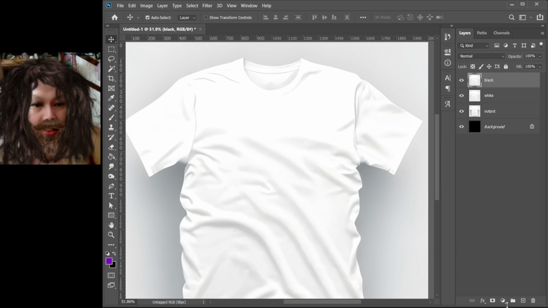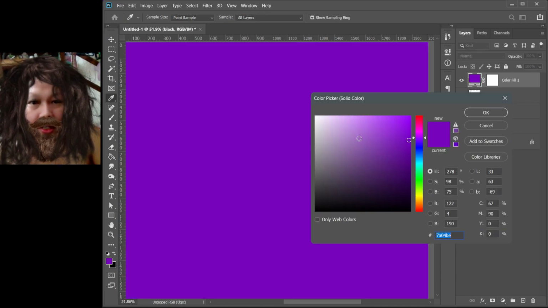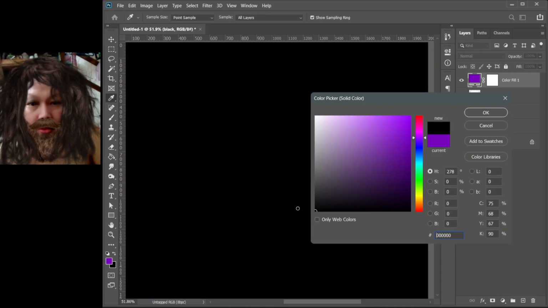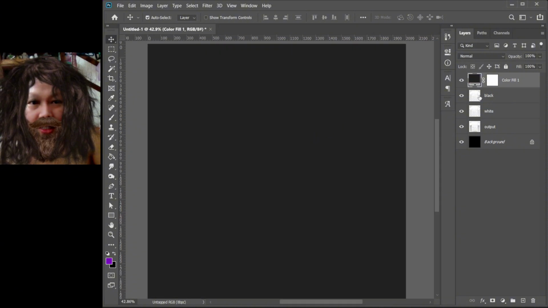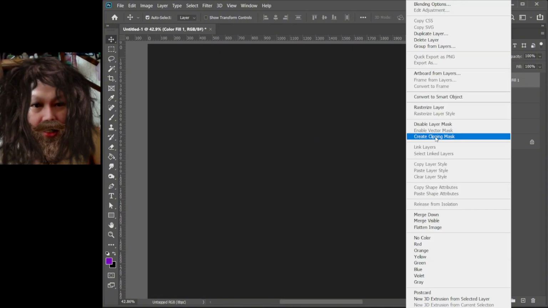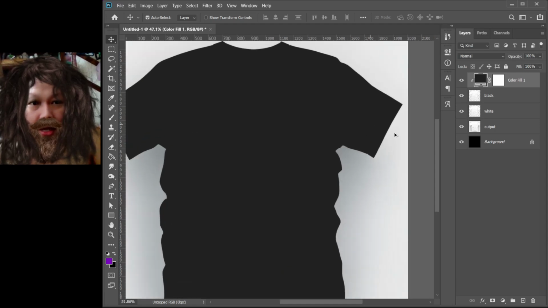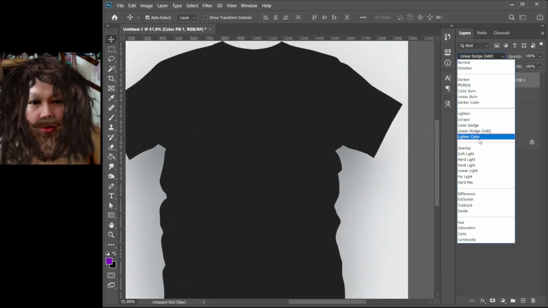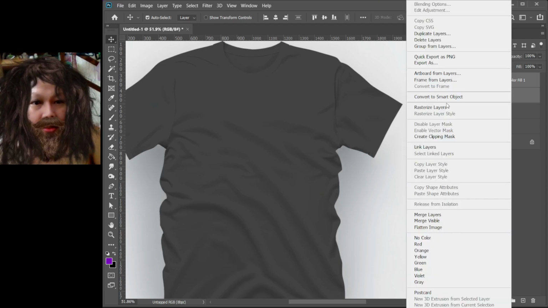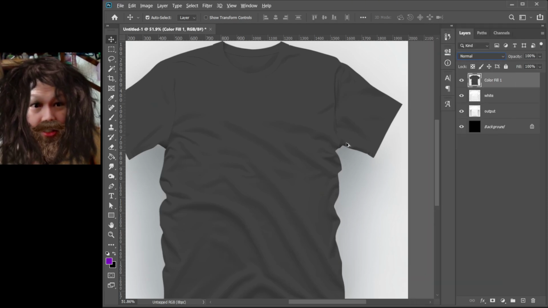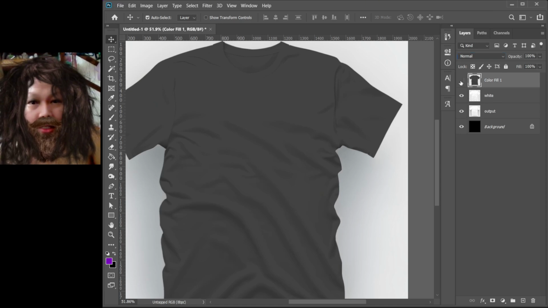So press here and make a new solid color, maybe like this, a little gray black. Right click, create clipping mask. After that, set to hard light. Select both, right click, merge layers. So now we have black and white.